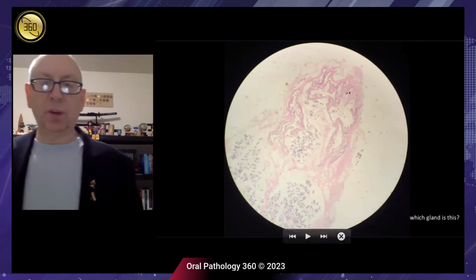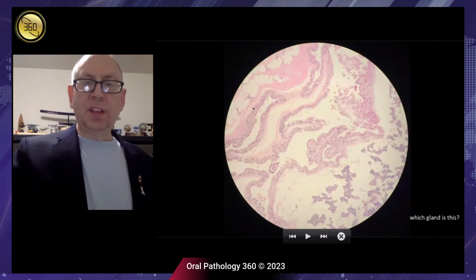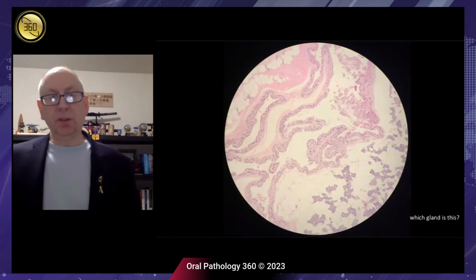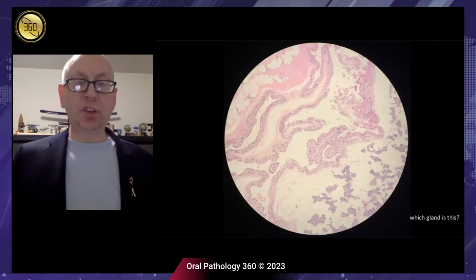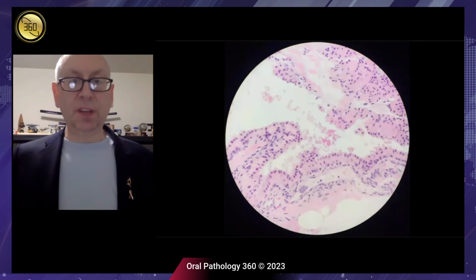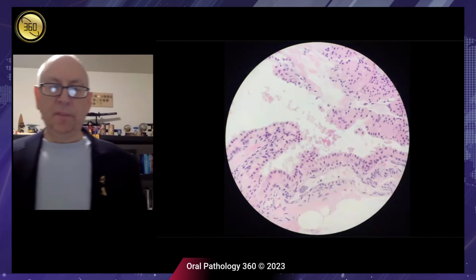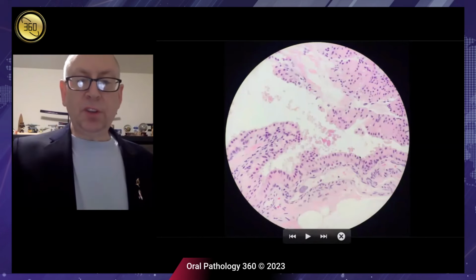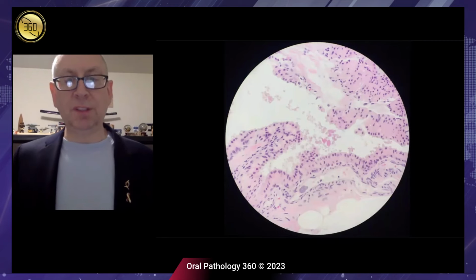So the third mass we're going to see looks kind of cystic, but now what I'm seeing is a different kind of cytoplasmic and nuclear characteristic. I'm seeing much more of a columnar type cell feature. I'm seeing much more of an oncocytic or oxyphilic characteristic to it. And now I start seeing this pseudostratification, and it almost looks like respiratory epithelium. But the nuclear features are fairly innocuous. They're fairly bland. The nuclei are small compared to the cytoplasm.